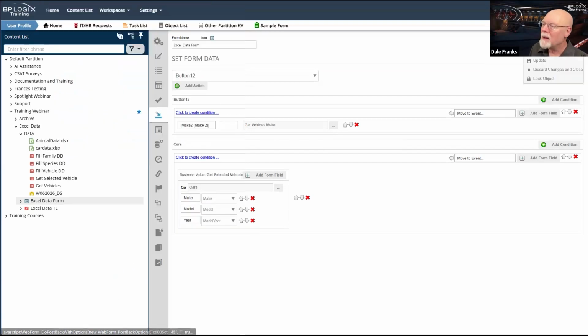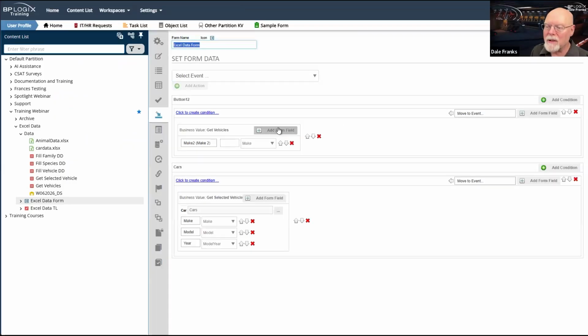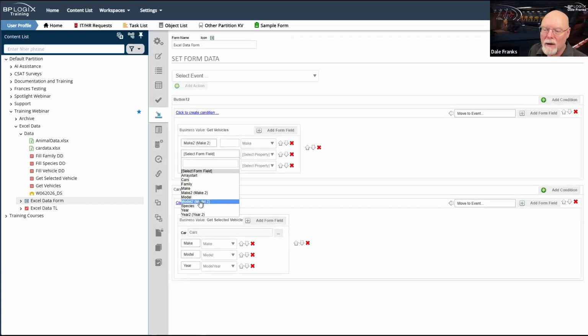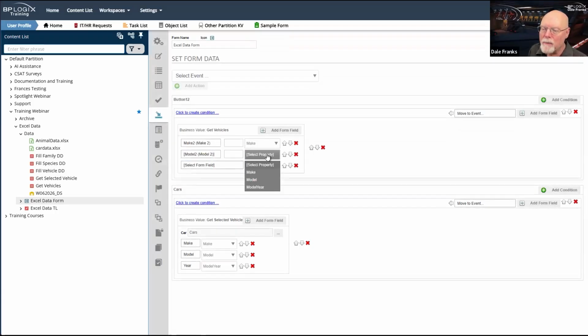And once again, I can update because I'm using a business value. I can just add my 2 other form fields here, model2 for model and year2 for year. And now I can update and run that.